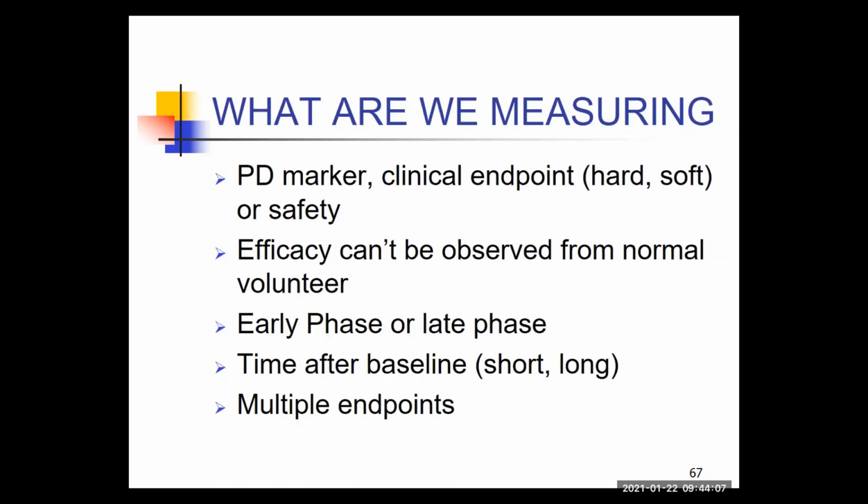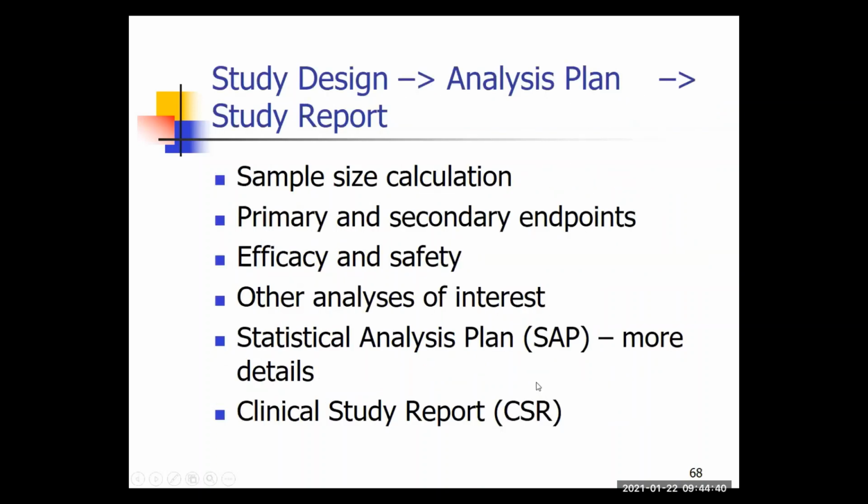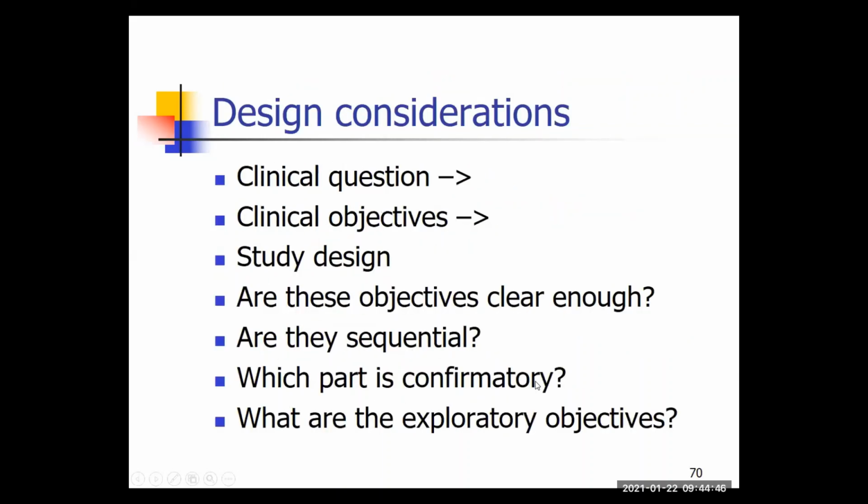So these two drugs, drug A and drug B, tell us the importance of dose spacing. And what are the endpoints? Are we measuring PD marker, clinical endpoints, safety endpoints? And we know efficacy cannot be observed from normal volunteers. So in phase 1, you cannot study efficacy. In early phase and late phase, your endpoints could be different. How long do you follow after baseline? And how do you handle multiple endpoints? All these kinds of stuff. So I'm going to skip a few slides, and I want to talk about